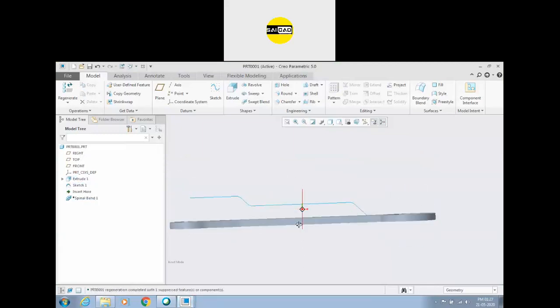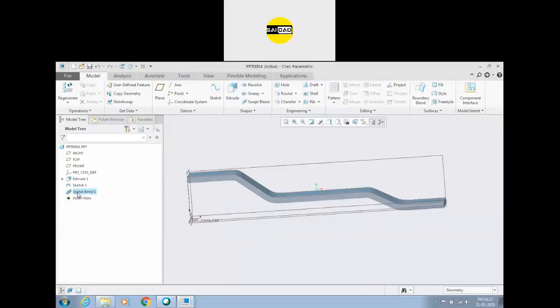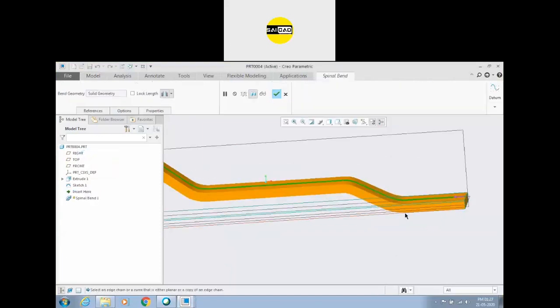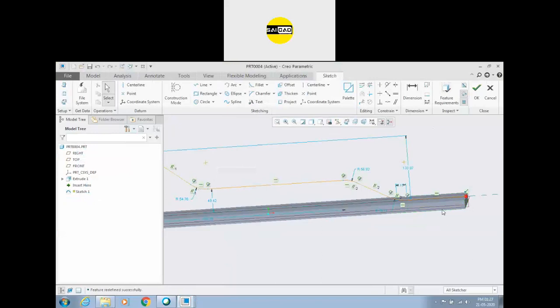I have created a sketch like that. Sir, the sketch we have to make should merge with the extruded portion also. Yes. No, there is no merge. You can see the sketch is on the top, not merged.